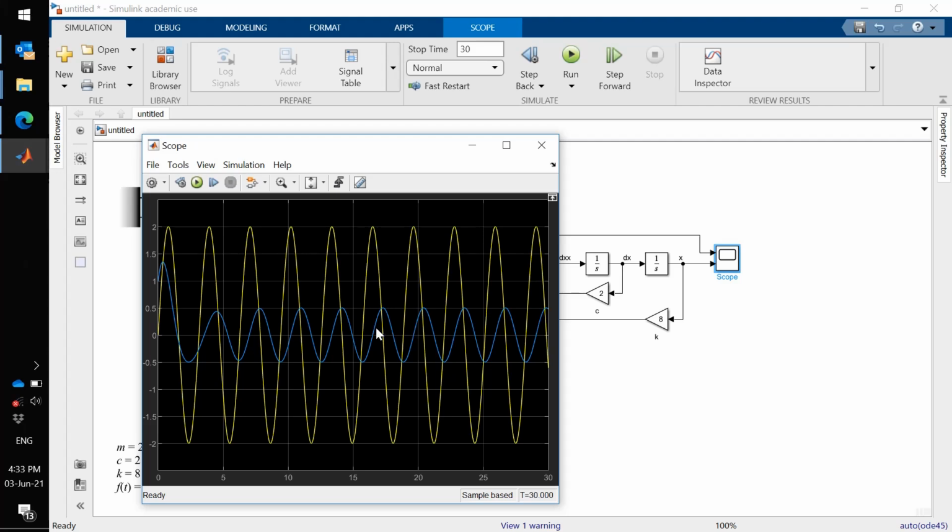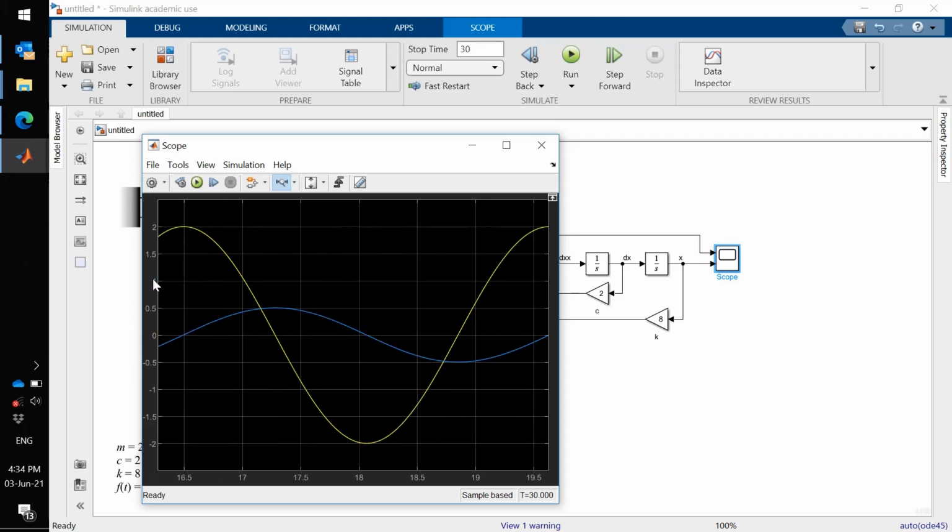If we zoom in, let me use a horizontal axis zoom. We see that the force wave hits the 0 on the time axis at approximately 17.25, while the response hits the 0 later on at 18.1. That's approximately a time shift of